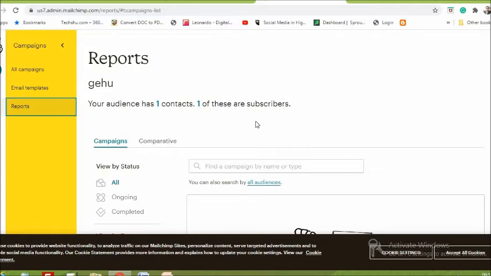Then we can draft an email and send it to all of them, and then we can find the reports: how many have opened, at which time, how many have clicked on the link inside the email, and how many emails have been delivered. If you are designing such a campaign, you can include 1 or 2 wrong email addresses so that you will find it in the report.